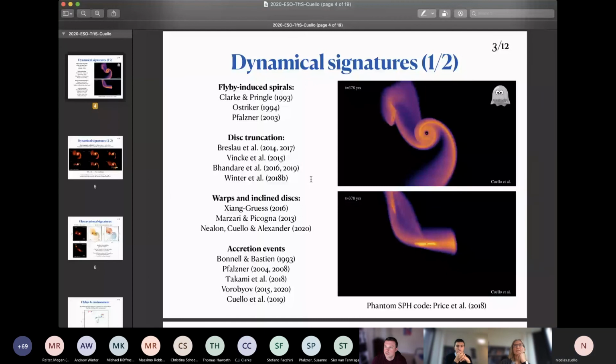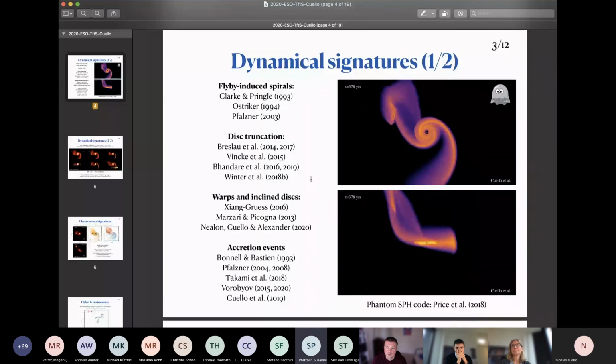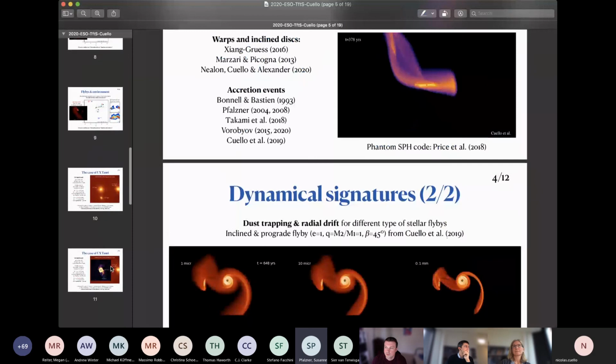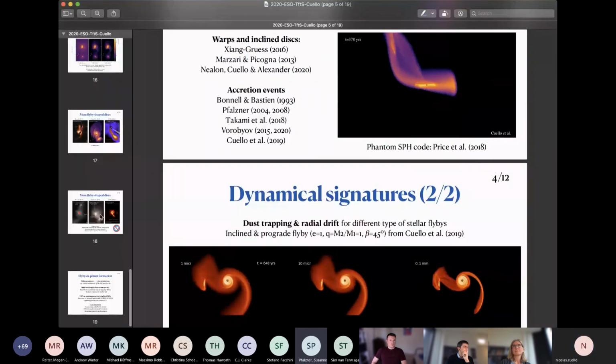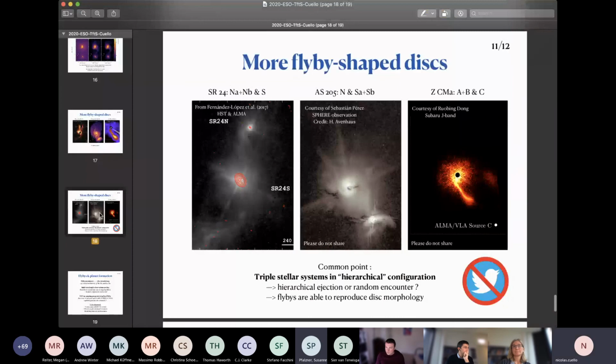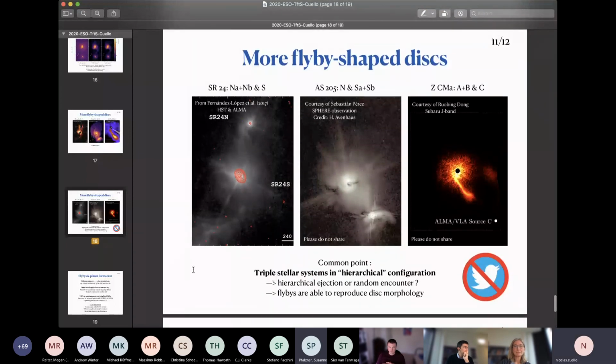Thank you. And the last question from Susanne. We found quite a number of cases where you can see now the effect of a flyby, but these features probably don't last endlessly. So they're probably the tip of the iceberg of how many encounters happen. Have you estimated backwards, basically, how many close encounters there should be? Oh, yeah, I haven't done this exercise.